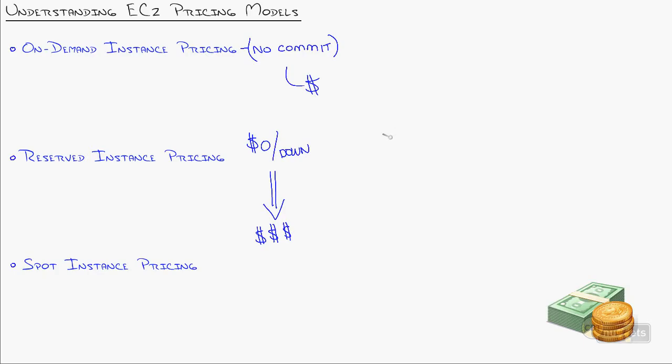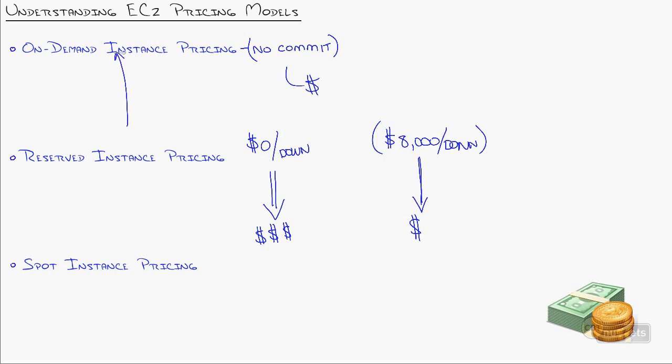It's much better if you're able to say, well, for that, I don't know, a $30,000 car, I want to put, let's just say, $8,000 down as a down payment for that car. And what that will do is, in the end, I'm going to end up paying less, because not only am I getting a better interest rate, because the bank looks at it and says, okay, if you put that down, we'll give you a little break on the interest rate, but that $8,000 doesn't accumulate interest for 5 years or whatever the length of my car or house loan is. And that's really the concept behind reserved instance pricing.